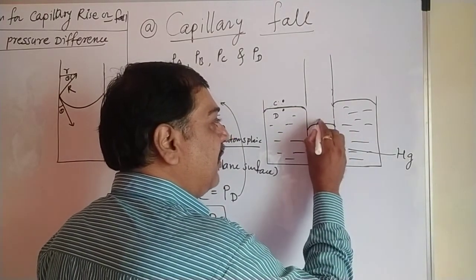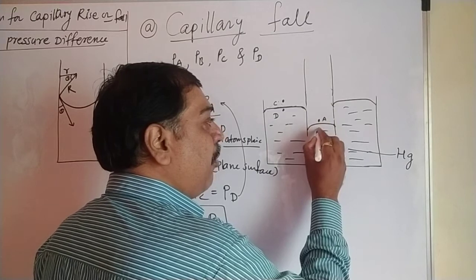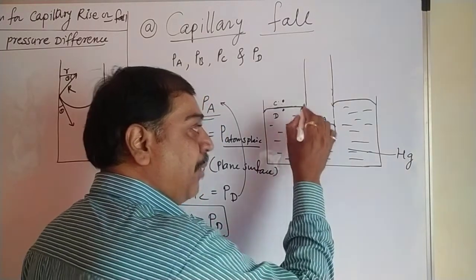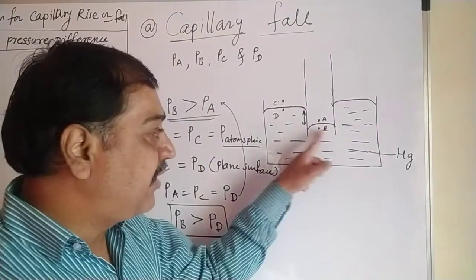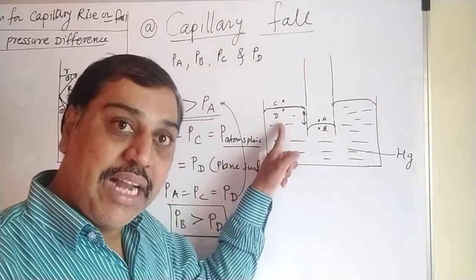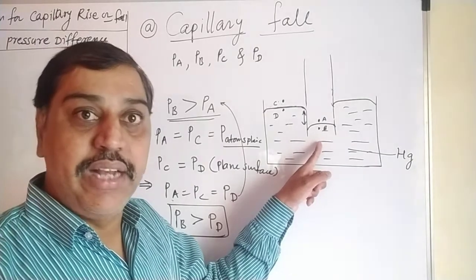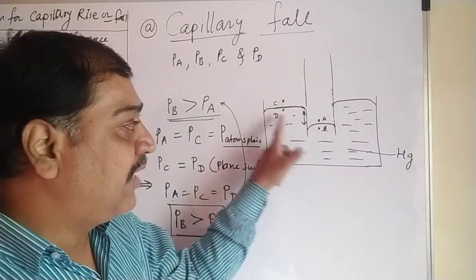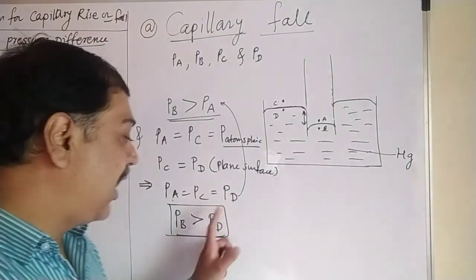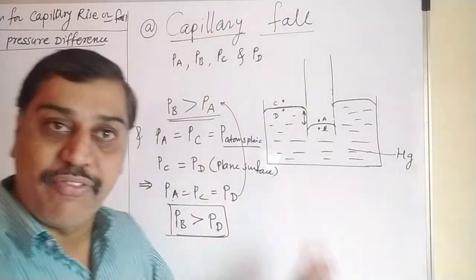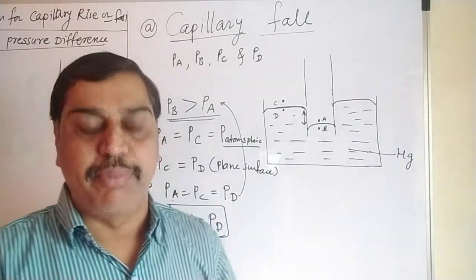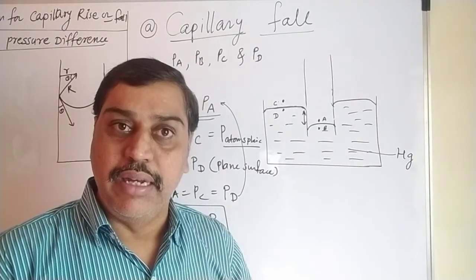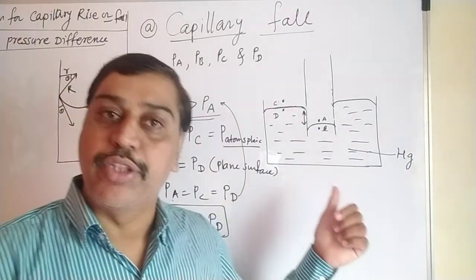So this is the point A we get here, this is the point B we get. Now at this height below the liquid, the pressure at B is equal to pressure at D. And when it becomes equal, it will stop, and then it never falls further. It will fall down up to the height when the pressure at these two points is the same. Initially pressure at B is greater than D, that's why it falls down. And this is the basic working principle of the capillary tube, and why the liquid level in a capillary tube falls. This is the reason, because there is a pressure difference.